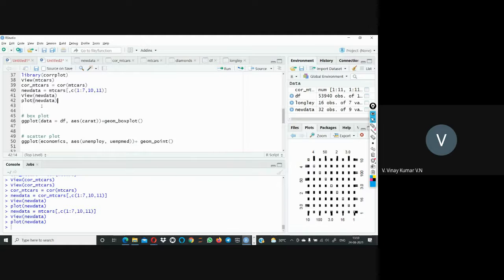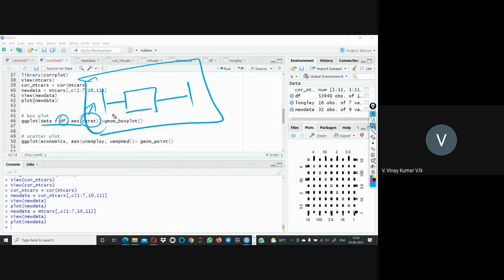And we already did the box plot. So here I'm using one data set called DF. DF is nothing but the diamond data set we stored in the DF variable. For this data, I'm taking the variable called carat, and for this carat, I'm calculating the box plot. So we know the box plot is about the quartiles. This is the lowest quartile range and this is the highest quartile range. Before these points and after the highest quartile, these points we call outliers.